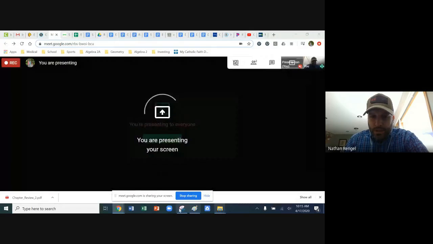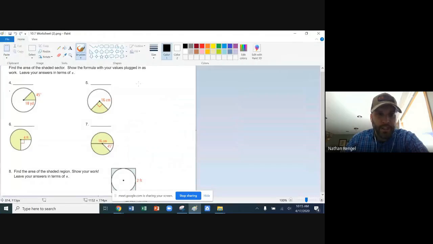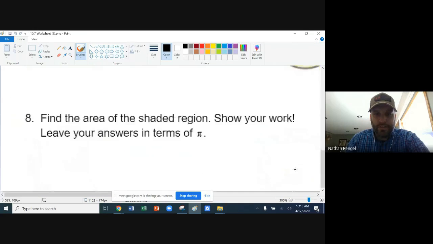Hello again, geometry. Just had reviewed the updates and saw there's another request to take a look at 10.7, number 8. So we will run through that problem quick. And this will also help with worksheet 10.8, which we start looking at probability and looking at finding areas of shaded